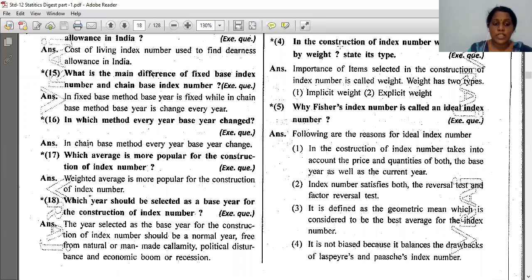So, which year should be selected as a base year for the construction of index number? Those years in which destructions were not there, natural calamities were not there, political disturbances were not there, and economic recession or boom is not there. Such a year is considered as a base year. Okay. Now next is